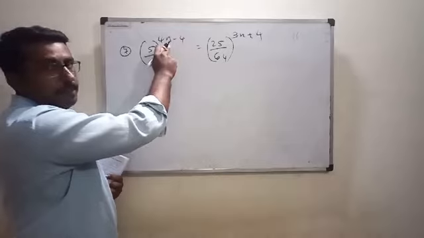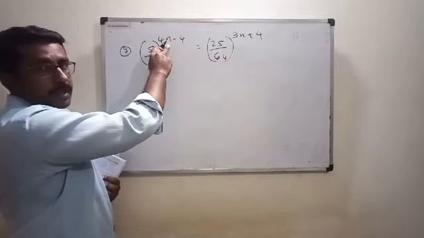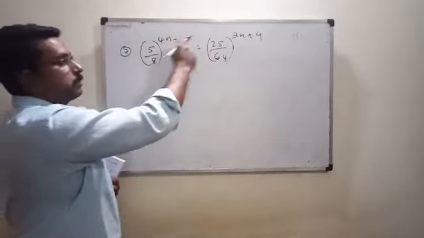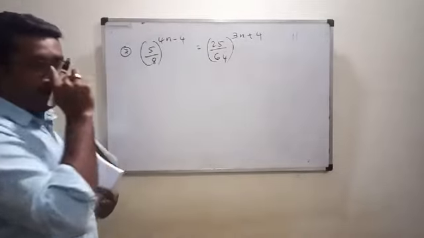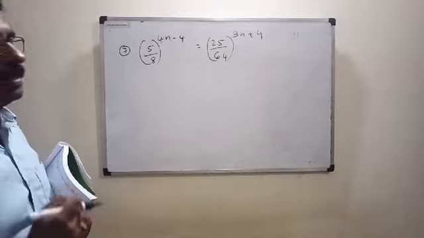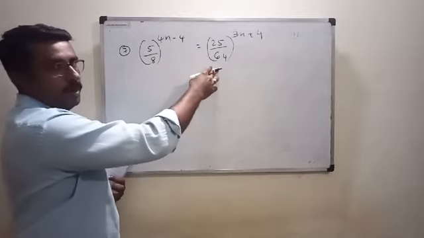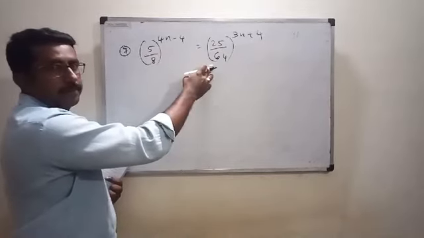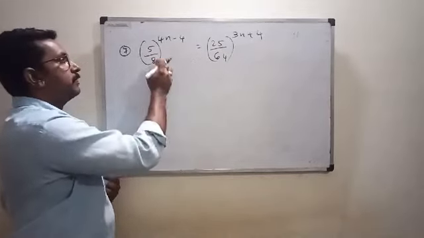Now n is in the power, the exponent. Isn't it so? n is a part of the exponent. So to find the value of the exponent, what is to be made same? Bases must be equal, no? Are the bases equal here? Here it is 5 upon 8. Here it is 25 upon 64. Can we make the bases same here? Look at 25 upon 64. 25 is the square of 5. 64 is the square of 8.